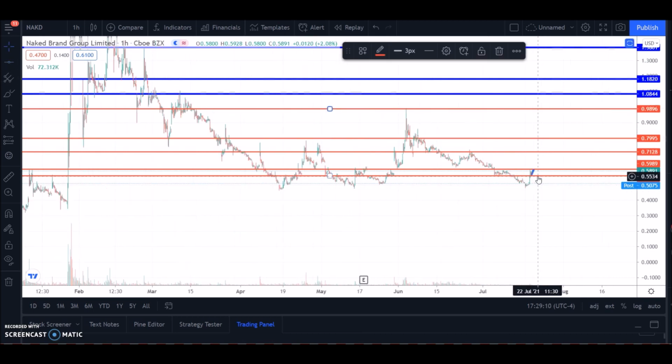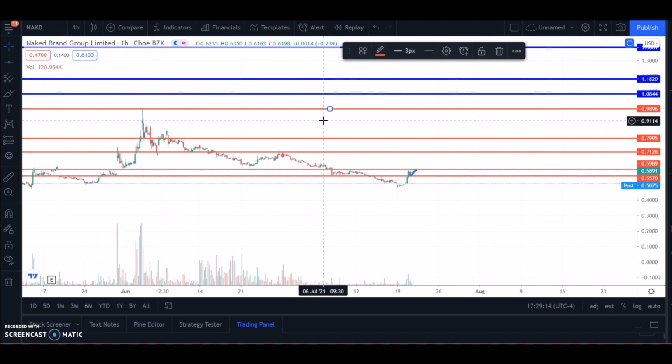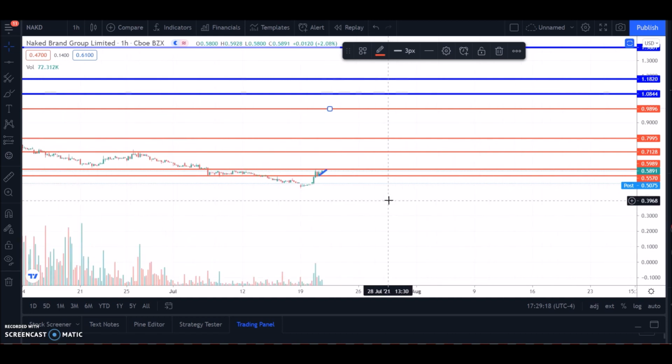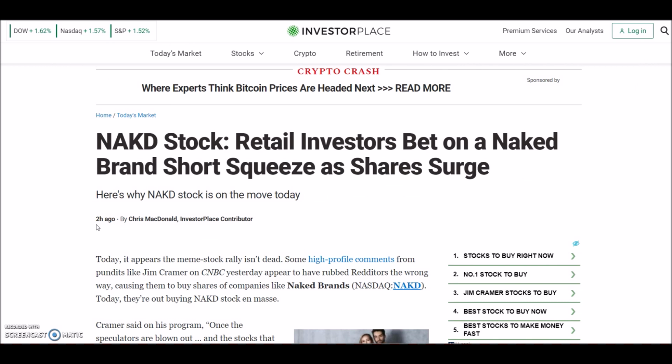So anyway, the important thing is that it is reversing. Is it going to make a W-shaped recovery, or is this just a small pump for today and then it will go back down? I'm very excited, but you have to see the volume and why. There was news today, 2 hours ago, that